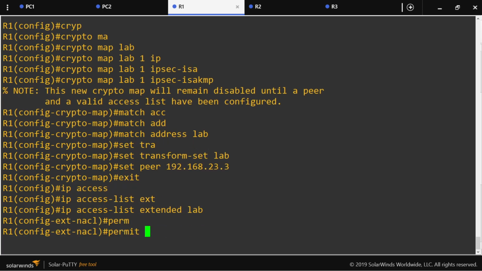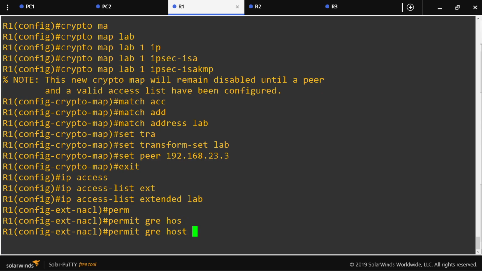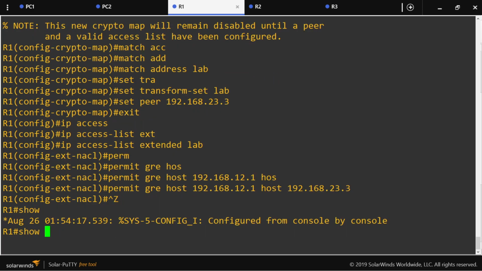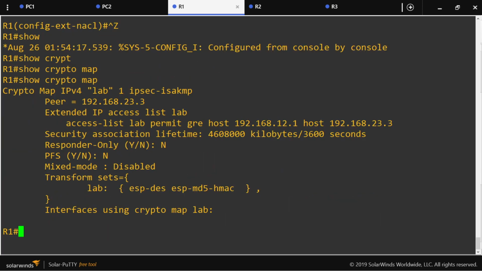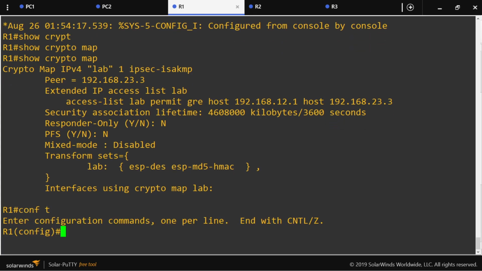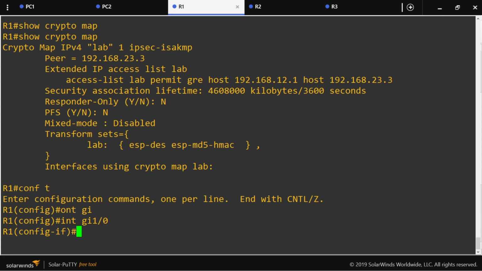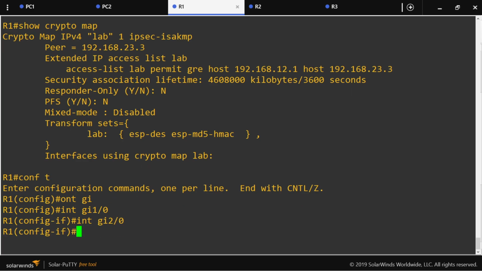I'm going to create the access list extended lab. We're going to permit. This is the interesting traffic. The interesting traffic will be the traffic that will be generated by the GRE from the tunnel, that will come from host, localhost. This is my IP address. This is the tunnel source and tunnel destination IP address. Okay, now I have the crypto map in place. It is okay. Now I'm going to go to the WAN interface. Gigabit 1/0. It is the WAN, the wide area network interface. No, I think it is G2/0, and I will apply the crypto map